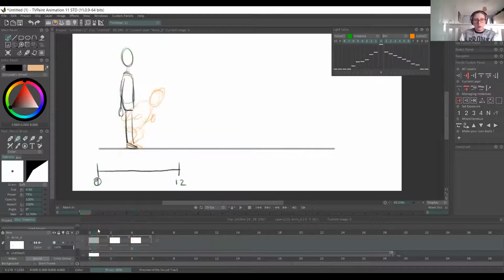So for this, we'll have to ease him into this scrunched position. Usually you'll plan it out so that this is frame 6, your passing position between this and this. And then the next